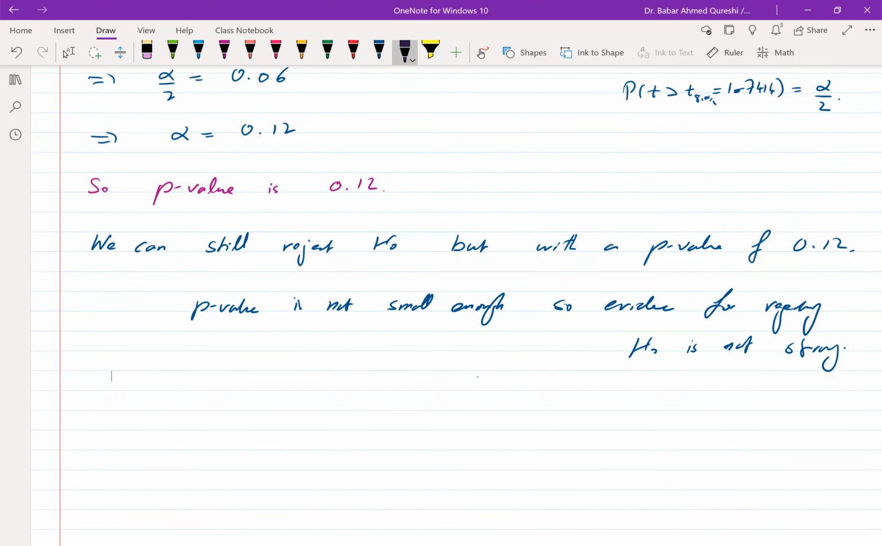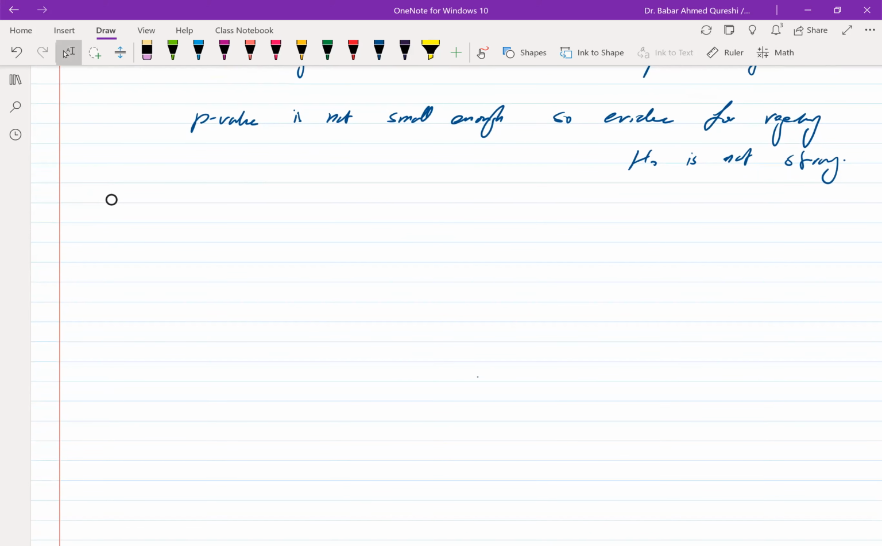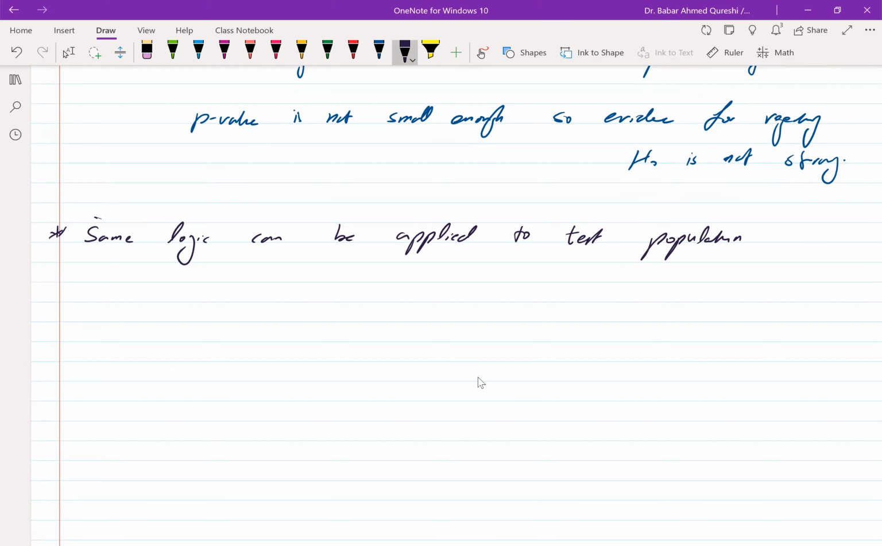Now, this same logic can be applied to test population proportions, using our knowledge of the sample proportion distribution. Because we had the result that if the population proportion, because we know,